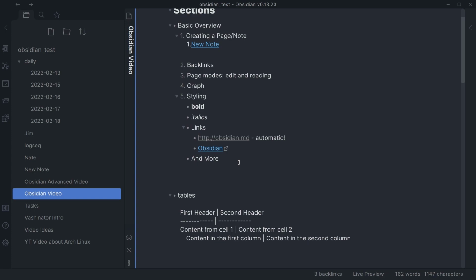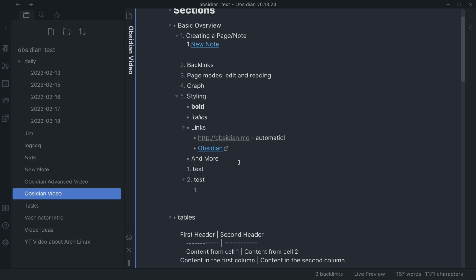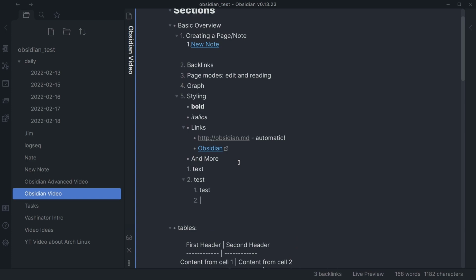But if I backspace twice and I no longer have a bullet, I can hit dash and then space, and then I get a bullet back. But numbered lists are the same way. If you're going to do a numbered list, you just do 1 period space, and then you enter your text, and then 2, and then you can do it again, and then you can tab in and you can get a different thing, and then tab in there. So it doesn't quite go into the 1 and then A and all that. So it's not as friendly that way,